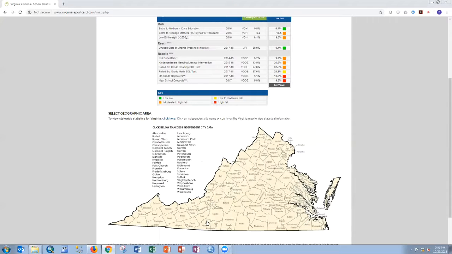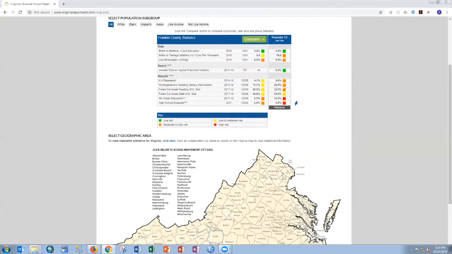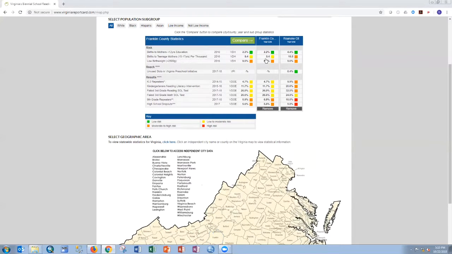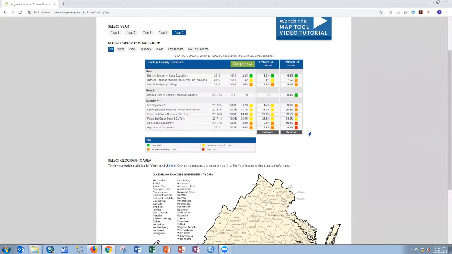So I'm going to come over here and select Franklin County. So perhaps you want to compare Roanoke City to one of the adjacent counties. And you can add that to the comparison, and you can keep adding comparisons, as many as you like. There's a limit, of course, to what's reasonable to fit on the screen, but you can just keep adding these as needed. If you change your mind and want to remove one of these, then there are little remove buttons at the bottom. So if you decide maybe I don't want to see Franklin County, let's remove Franklin County and